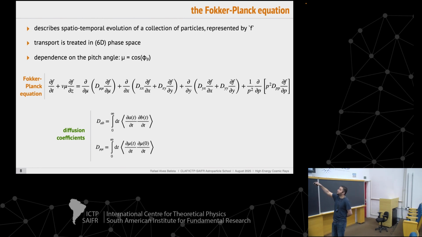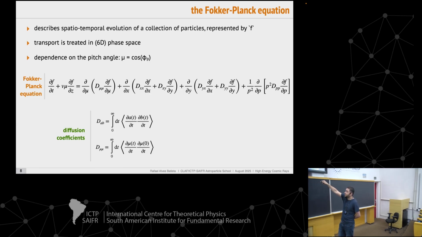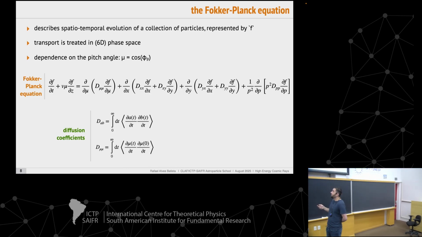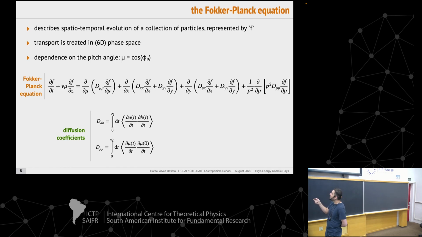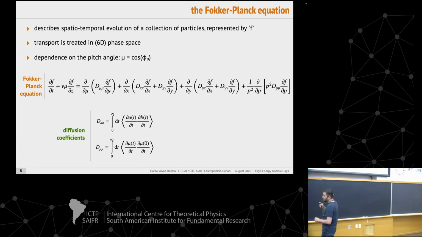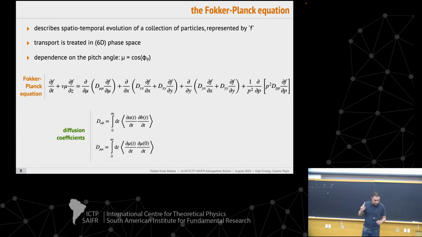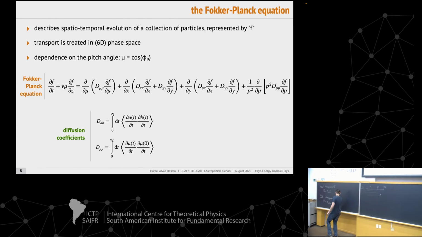And you can see a few things. So let's suppose that f is not just an arbitrary function, that it's a density. So we have this first term, which tells you, evidently, how the number of particles changes with time. We have this other term, which takes into account the velocity and this mu. This mu, I should define as the pitch, as the cosine,